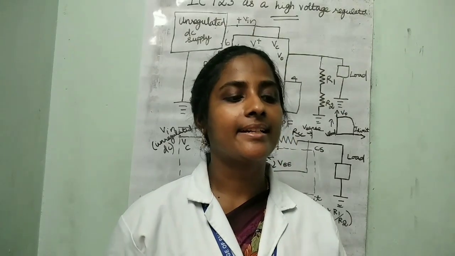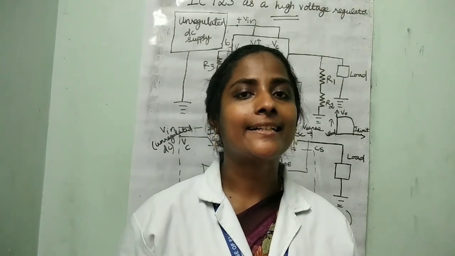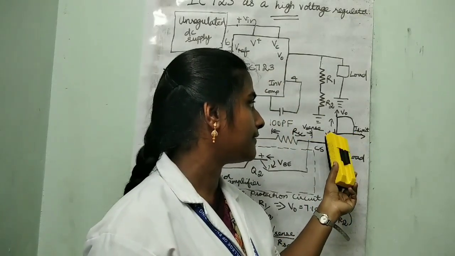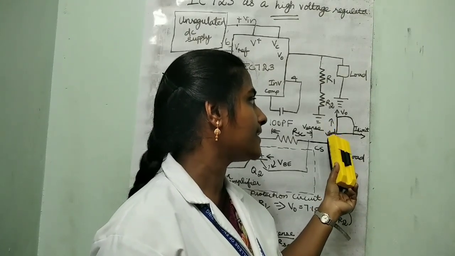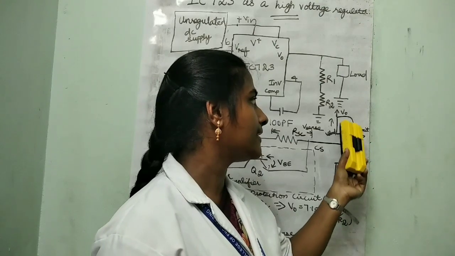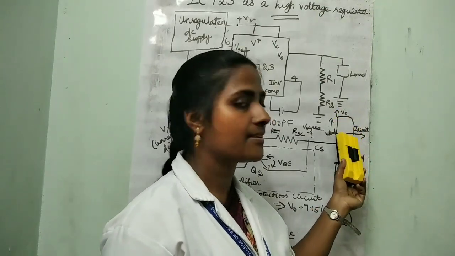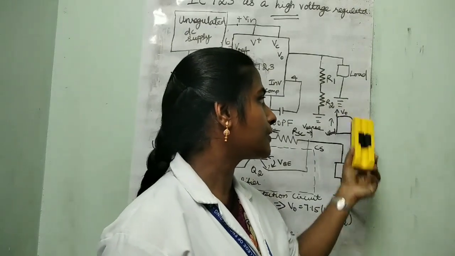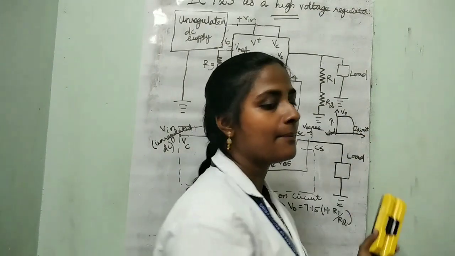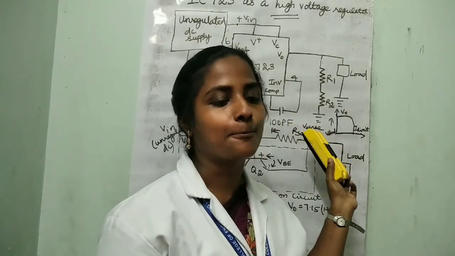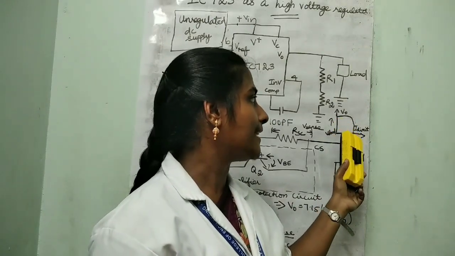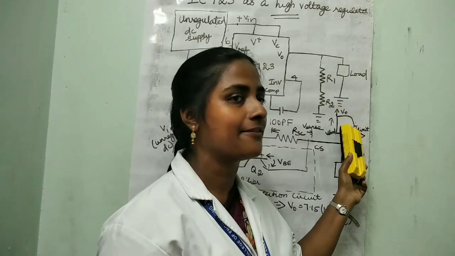The characteristics curve of a current limited power supply is given as follows: V load is on the y axis, I limit is on the x axis, and the maximum is V naught. Here we can see that the output voltage remains constant for load current below I limit. As the current approaches the limit, the output voltage drops.